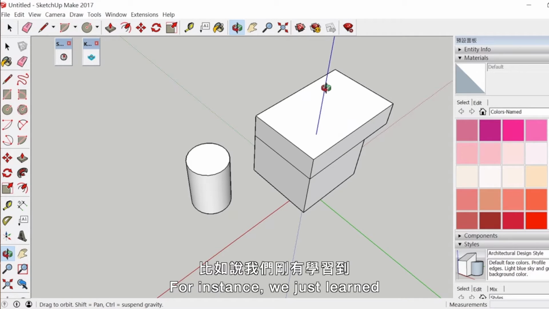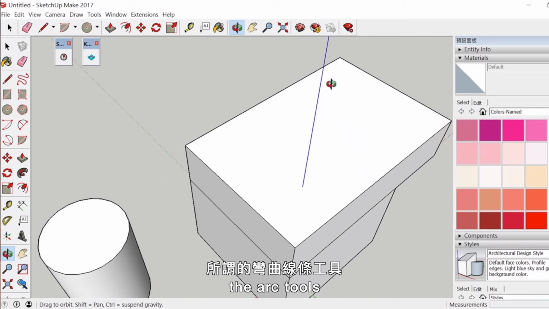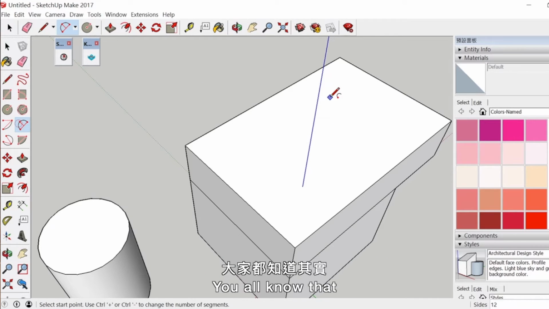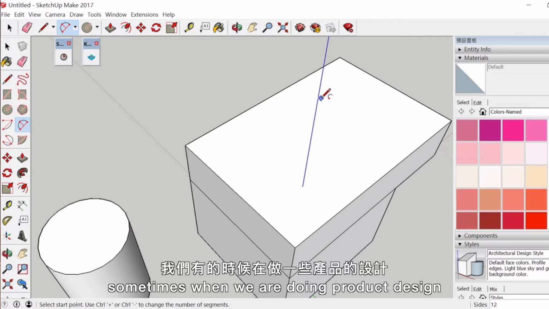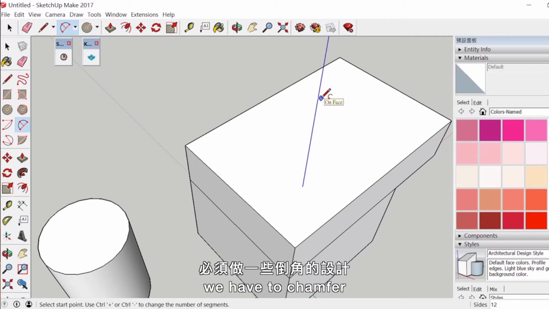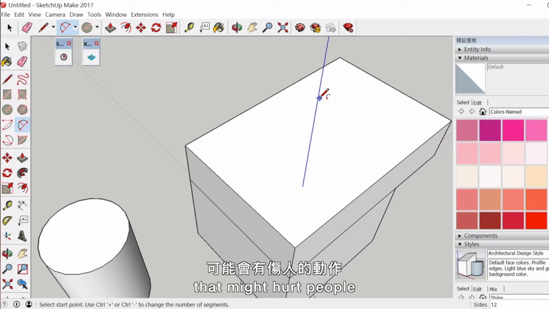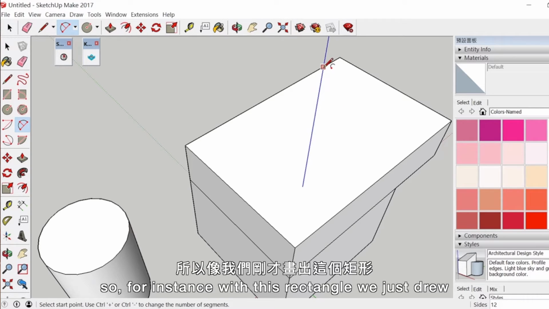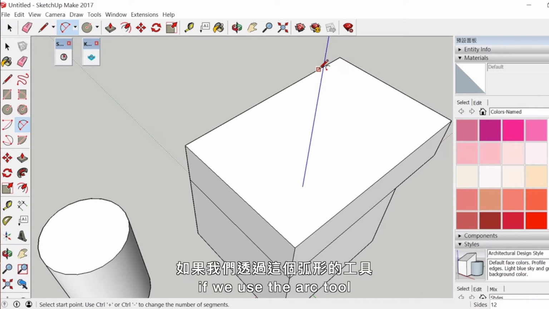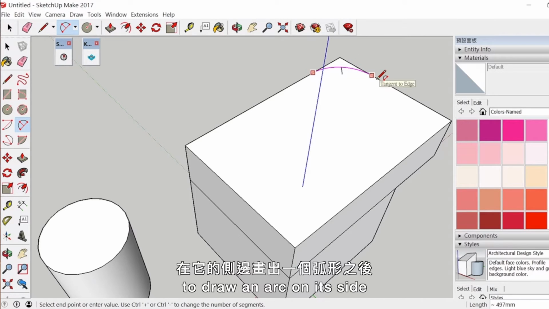For instance, we just learned the arc tools. You all know that sometimes when we are doing product design, we have to chamfer. We want to avoid sharp right angles that might hurt people. So, for instance, with this rectangle we just drew, if we use the arc tool to draw an arc on its side,